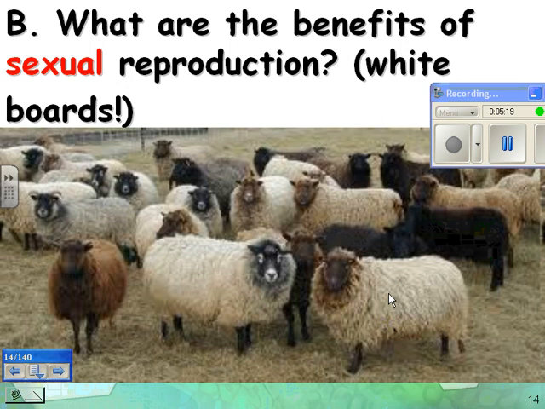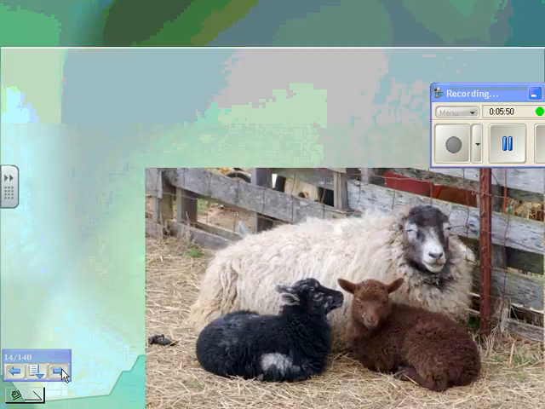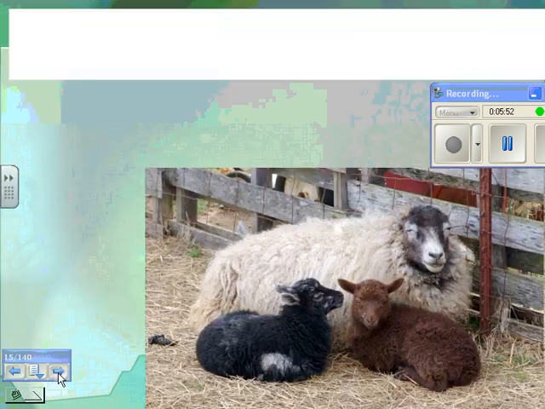If the environment gets hotter, that one will do better. And if the environment gets colder, then the one with the thicker fur would do better. This one might be really resistant to fungi, and so its feet will do well in a moist environment. And this one might not be like that, but maybe it's really resistant to viruses, and maybe that one does well with bacterial infections. Maybe this one is camouflaged in the woods, and so predators won't find it as easily, or whatever. So the idea here is that there's variation among these organisms.